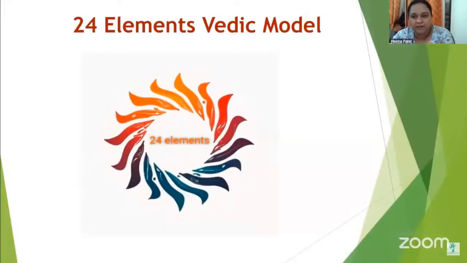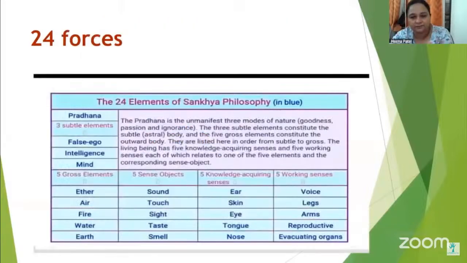The same way our mind also works, and it has its own software, and that software we call the 24 elements Vedic model. It is made up of forces, and these forces have a language. The same software that is running the mobile, the 24 elements Vedic model, runs in the form of forces and language. It is already designed within the human body. If this software is not present in our body, we cannot work.